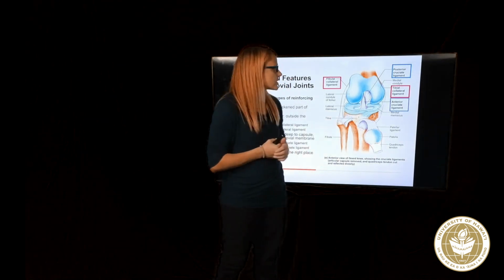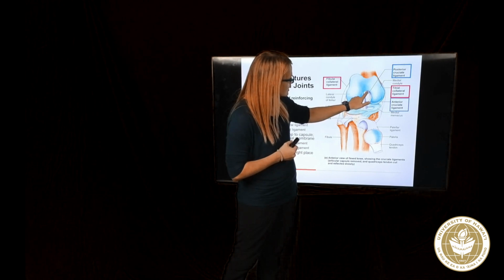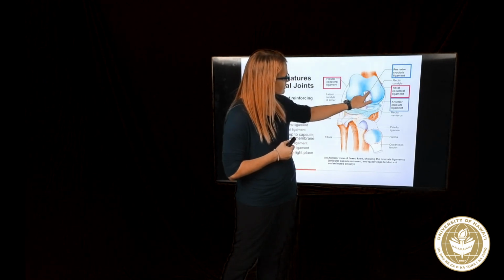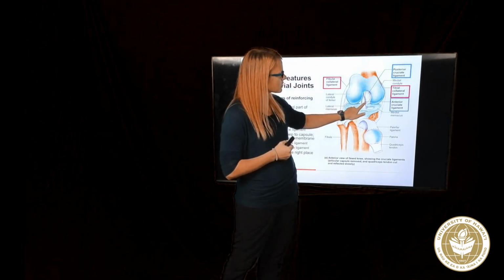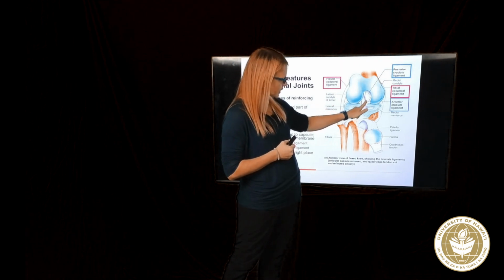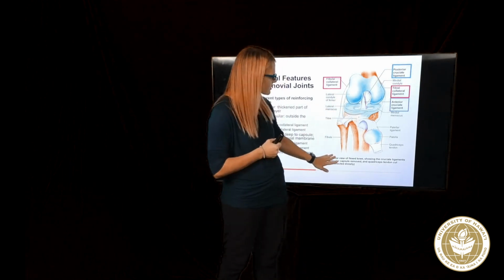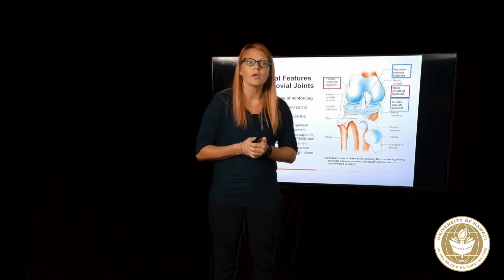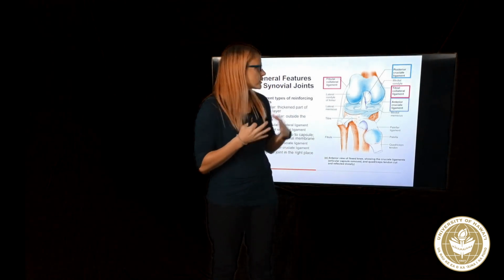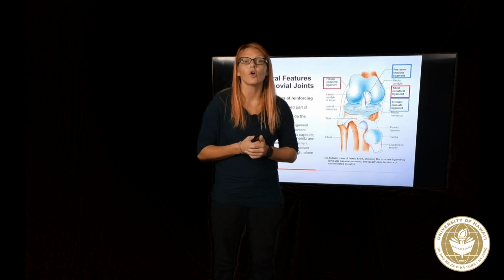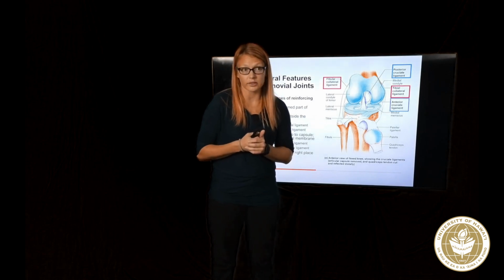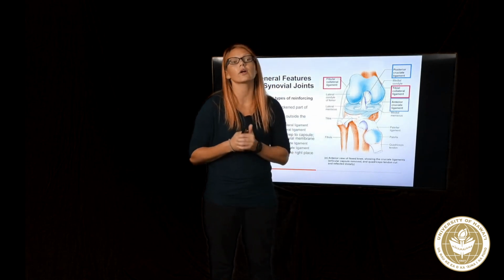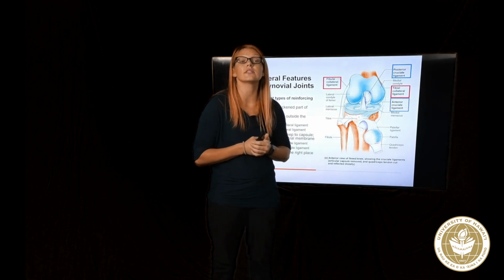And then we have as well this posterior cruciate ligament right here. So the anterior one in front, posterior one in back, because this is going to be an anterior view of your flexed knee. So then outside that region, we have the extracapsular, fibular collateral ligaments, and the tibial